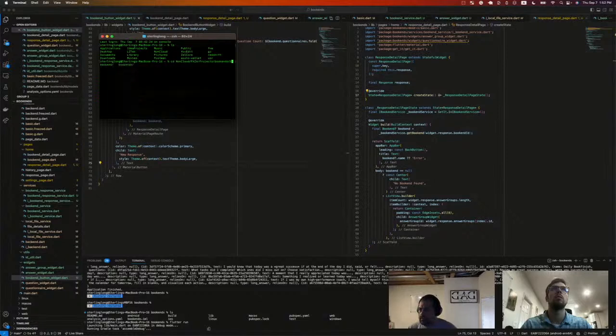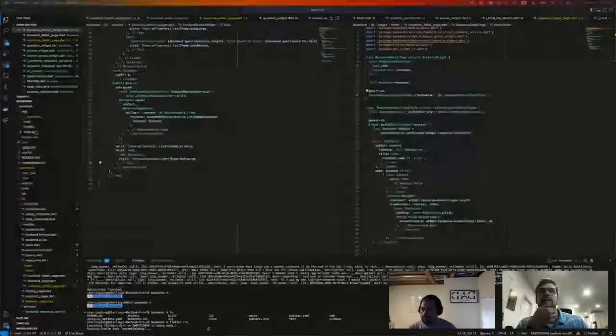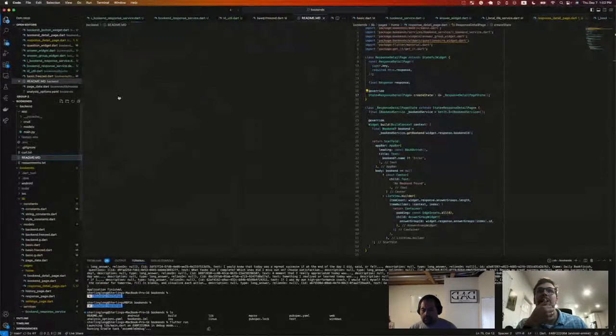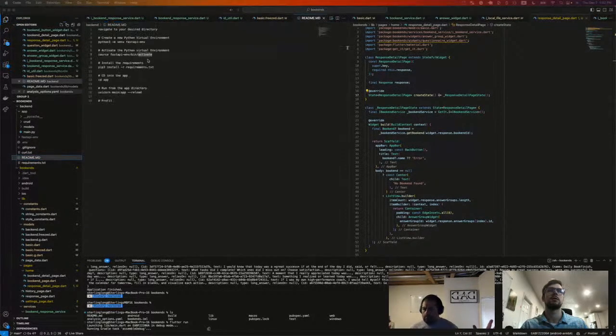Response ID. Answer group. Question ID. Right. Now we're gonna check the README to know how to launch the back end again. Volume dictionary. Response.